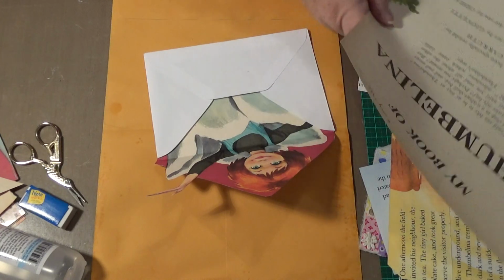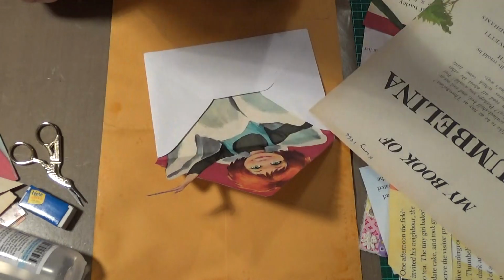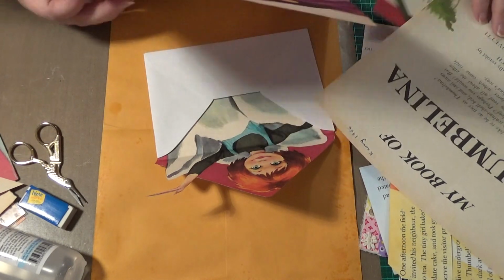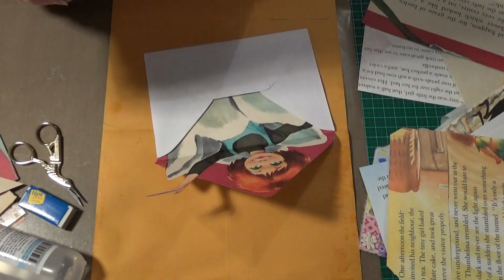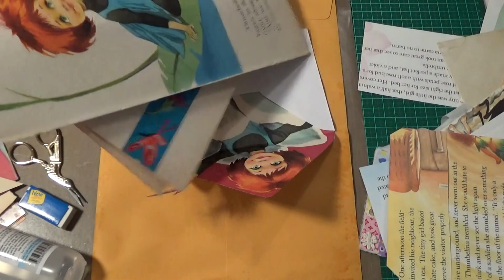Let me see. This is about the bird. That's about it popping out of the... that's about the penguin, yep. And the swallow. I don't know what that bit is. Can't see. It's freezing cold in this one, so...